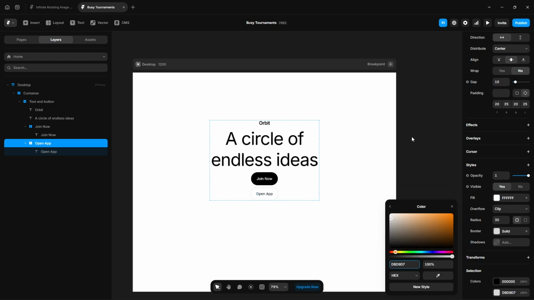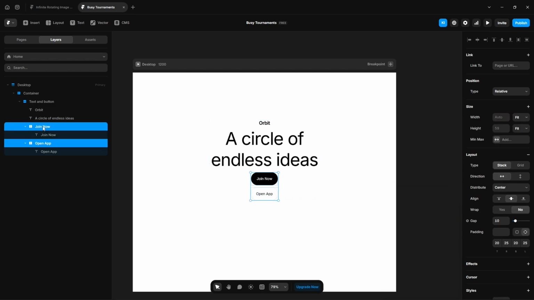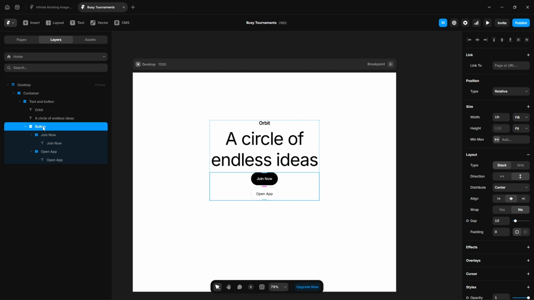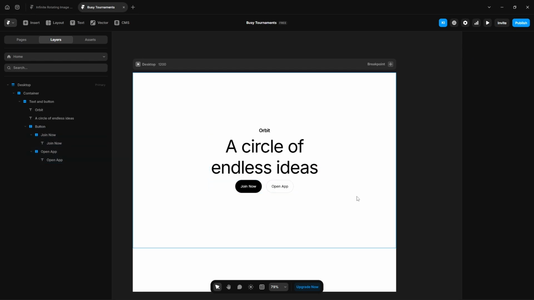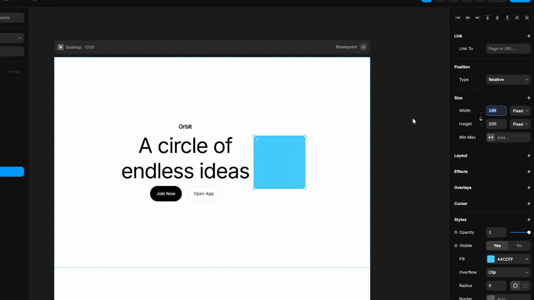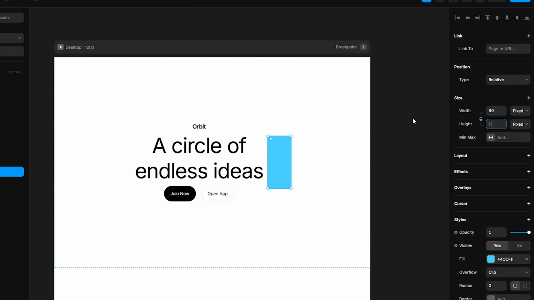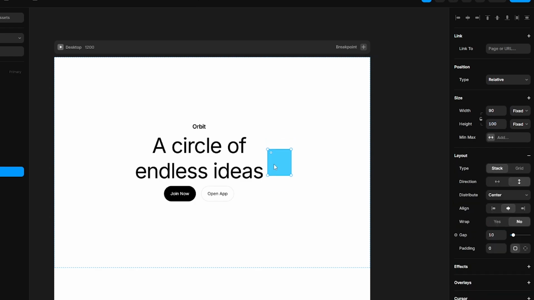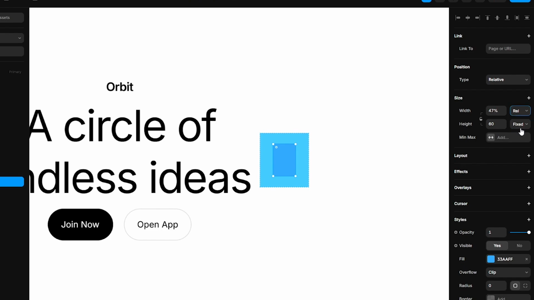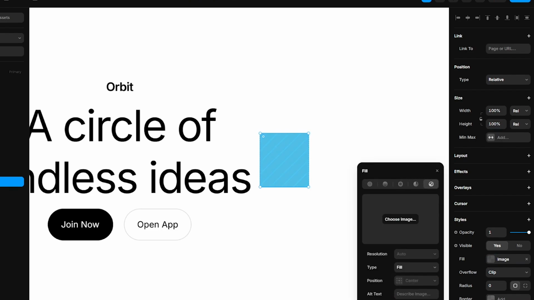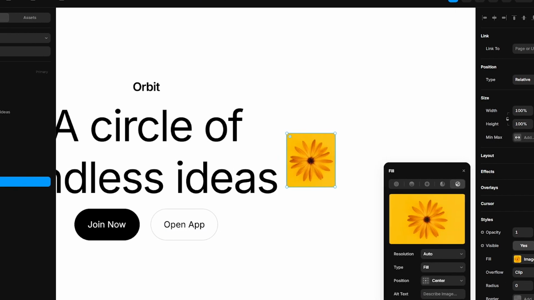paste this code. Now select both, wrap them in a stack, name it button, align horizontal, you can add some gap, maybe 20, perfect. Now let's add images, draw a frame, set the width 90, height 100, make it layout and inside it draw another frame, width relative 100%, height relative 100%, fill image, upload our first image, click here,